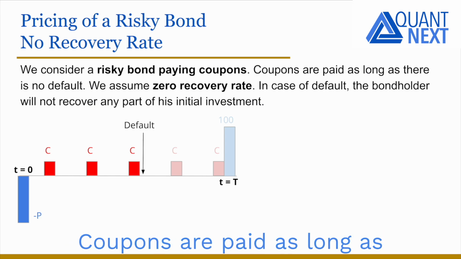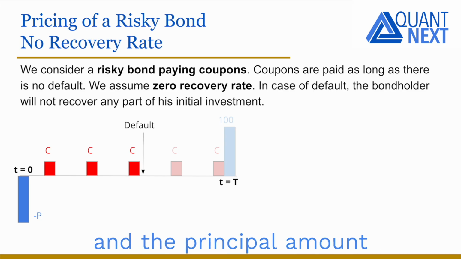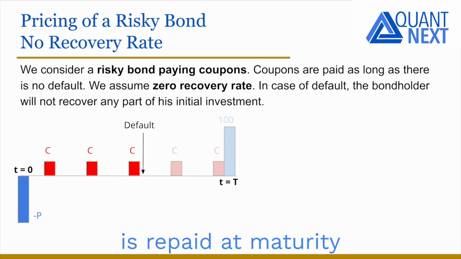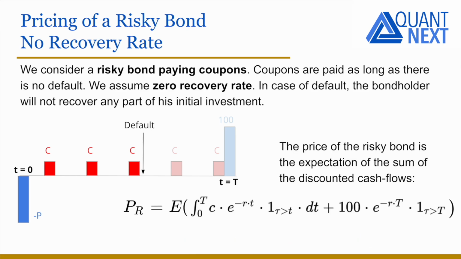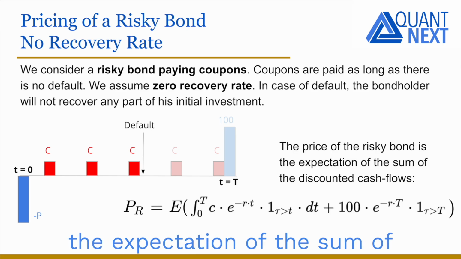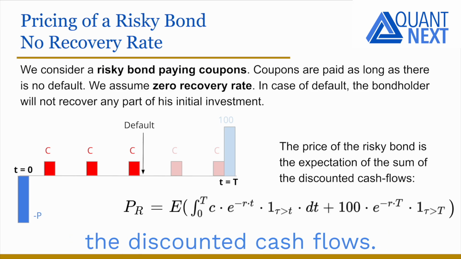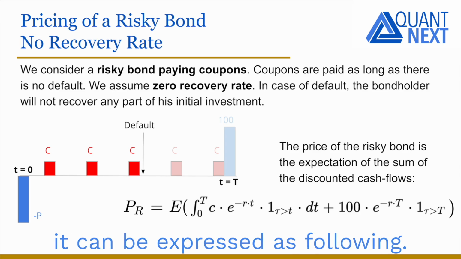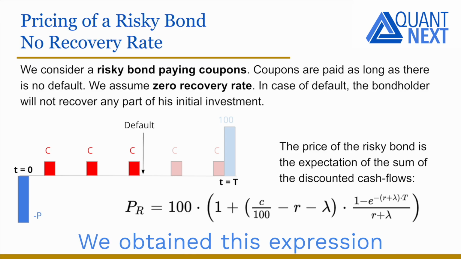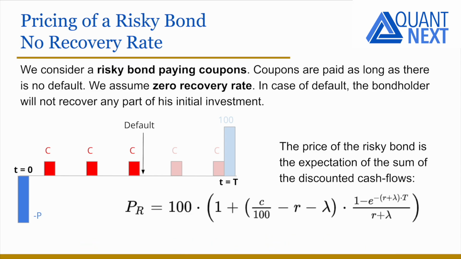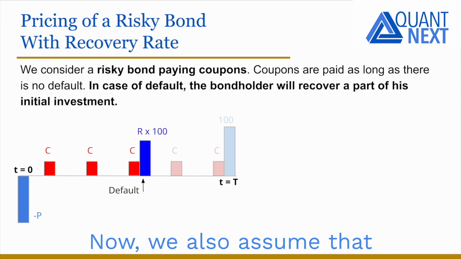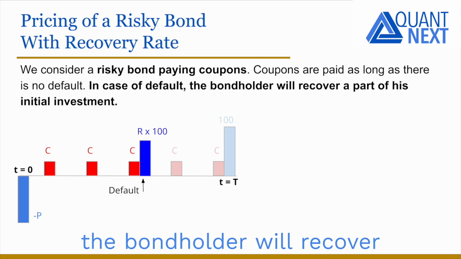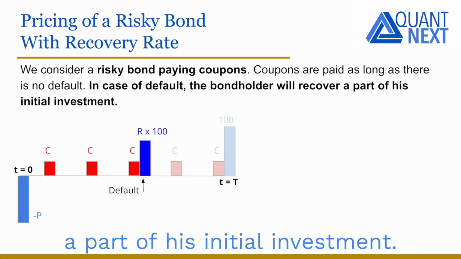Coupons are paid as long as there is no default, and the principal amount is repaid at maturity in the absence of default. The price of the risky bond is the expectation of the sum of the discounted cash flows. With a continuous compounding, it can be expressed as following, and we obtained this expression for the price of the bond. Now we assume as well that in case of default, the bondholder will recover a part of his initial